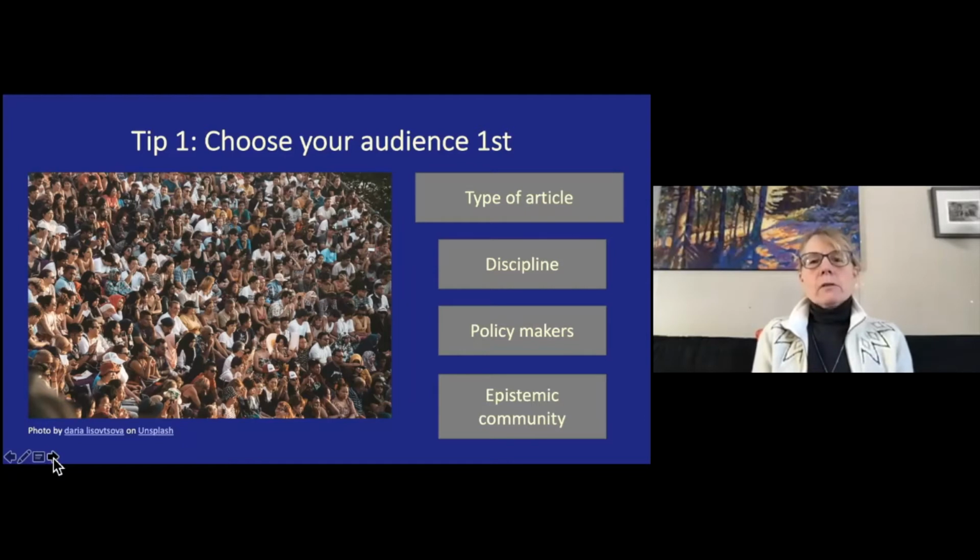Am I trying to write something, as I like to call them, my job security papers, very firmly anchored in my discipline that conform to the kind of standards and norms of excellent scholarship in my discipline? Or are you trying to write a paper that will get the attention of policymakers? Those are very different kinds of papers. They require a different writing style, different citation practice. Or maybe you're trying to speak to a wider epistemic community, one that might be cross-disciplinary. And again, the writing style, the citation practice is going to change a bit. So choose your audience first, then figure out where you're going to send it, and then start writing.